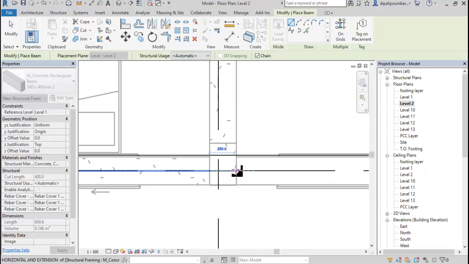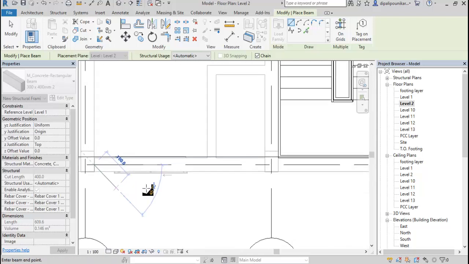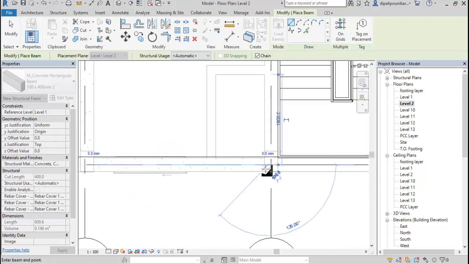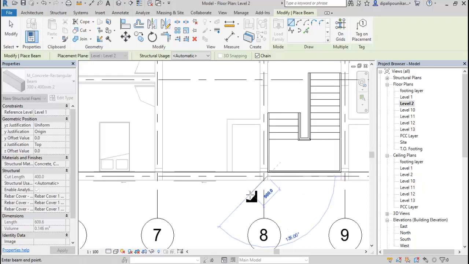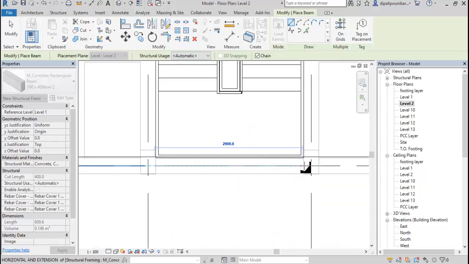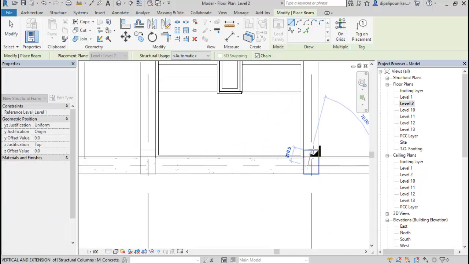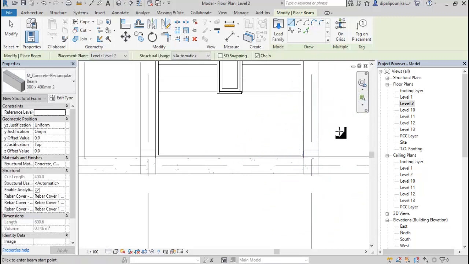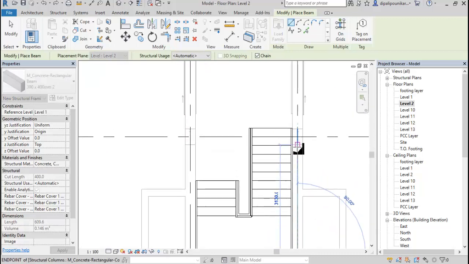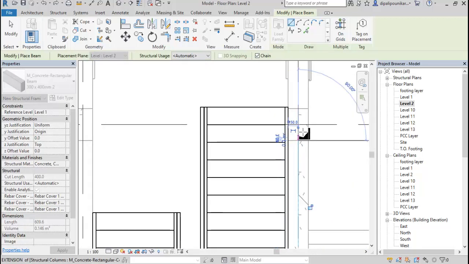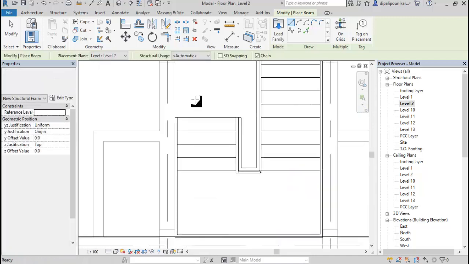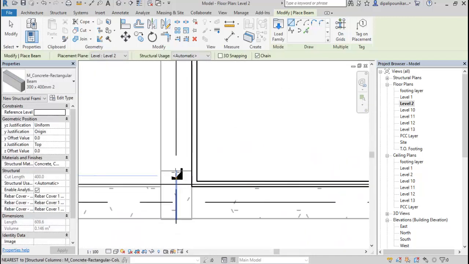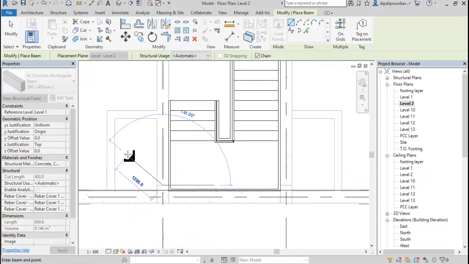Okay, now again I'll click from here. I'll end up till here. I'll click from here. I'll end up till here. Okay, now for the staircase you can do a different kind of scenario. Just wait a minute, Control Z. Yeah, start from here. You can provide a beam at the level of the slab which we provide for the movement. Okay, that also you can do.